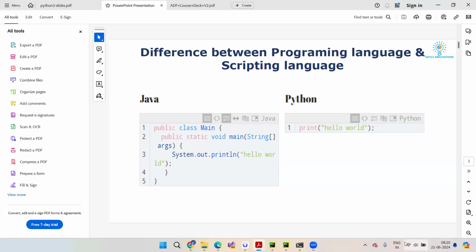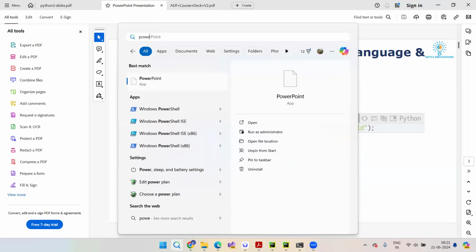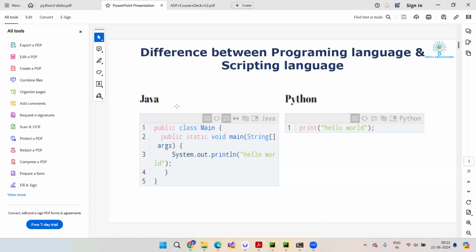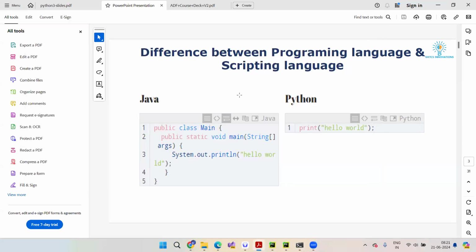If you have a Windows OS, you can see PowerShell. If you just type PowerShell, you'll get a PowerShell. You can see I'm getting a PowerShell here. So PowerShell is a scripting tool which helps developers write a small script to do such small automation, which removes the manual headache of a developer. You can have small automation work done with the help of a scripting language. That's what a scripting language does.